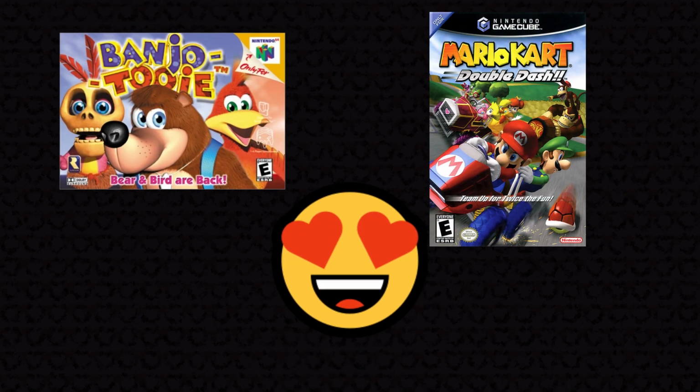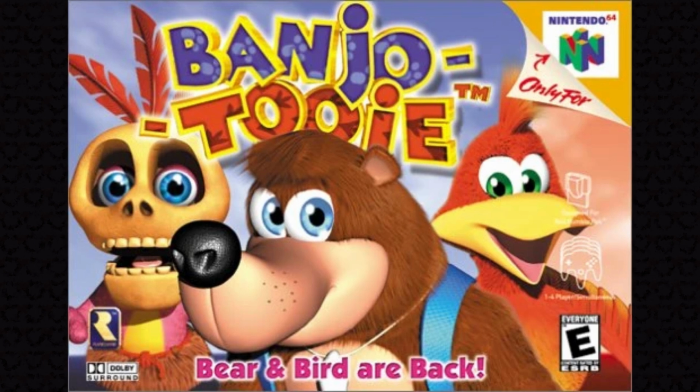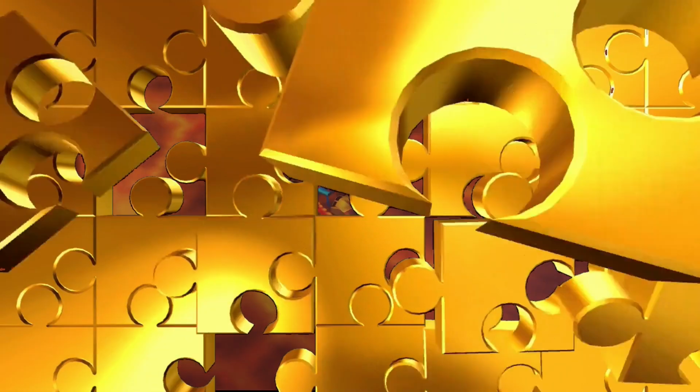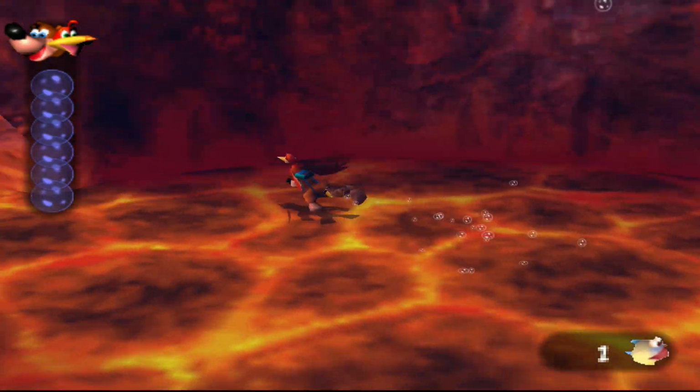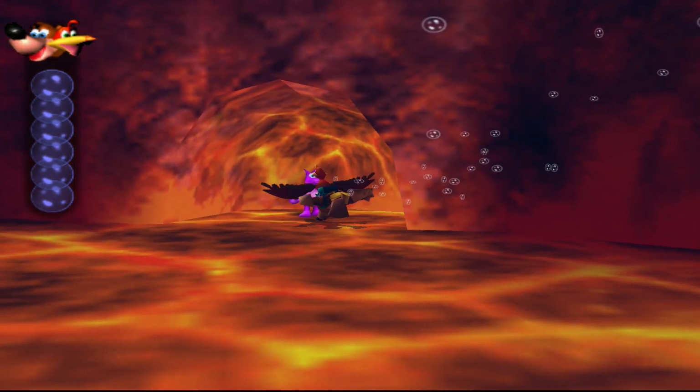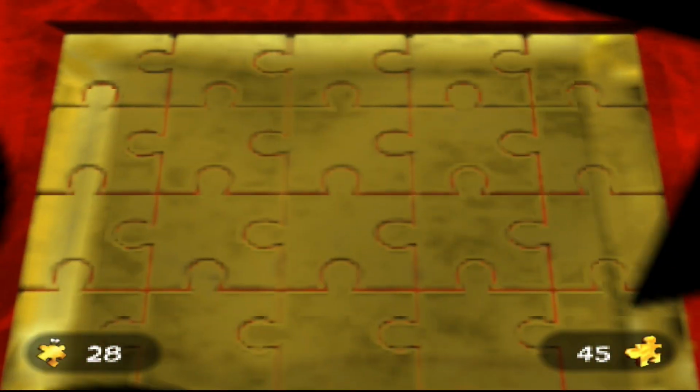Banjo-Tooie and Mario Kart Double Dash are my favorite games of all time. Banjo-Tooie really was ahead of its time, and nowadays it's just as much fun, if not even more. What a masterpiece. There are many things that make it so great and amazing, including these animated jigsaw puzzles to